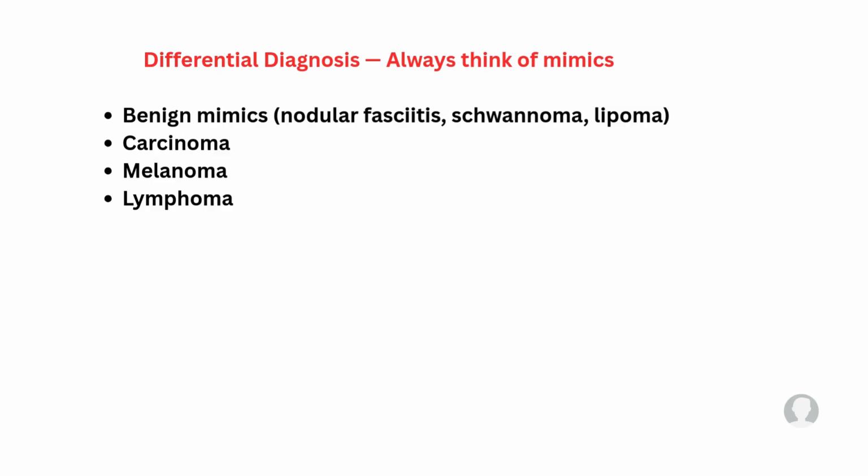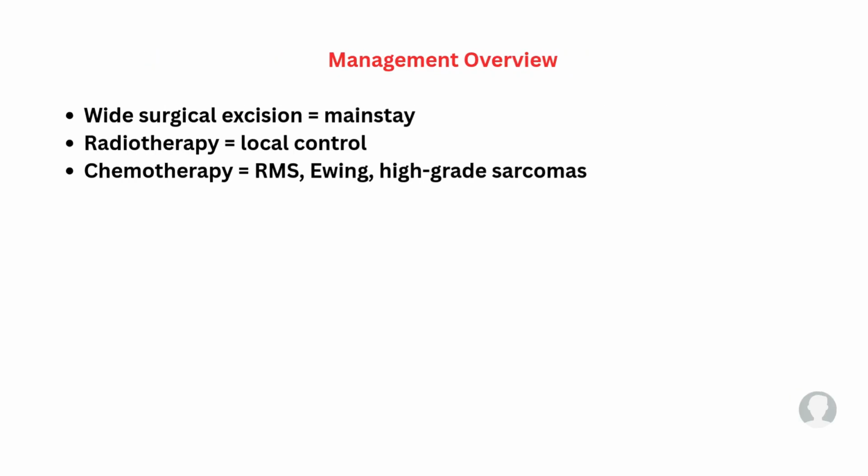For differential diagnosis, always think of the mix. The benign mimics are nodular fasciitis, schwannoma, lipoma, etc., and carcinomas, melanoma, lymphoma. Always think about the differential diagnosis. Management overview for soft tissue sarcomas: wide surgical excision is the mainstay of treatment. Radiotherapy is given for local control, and chemotherapy is given in special cases like rhabdomyosarcoma, Ewing sarcoma, and in high